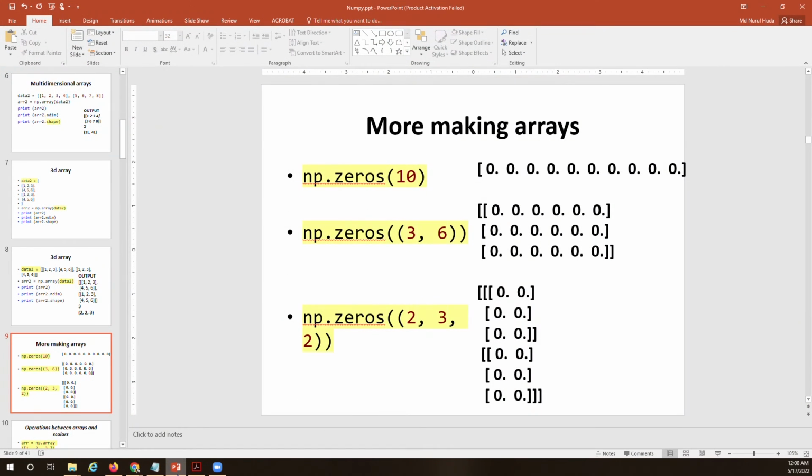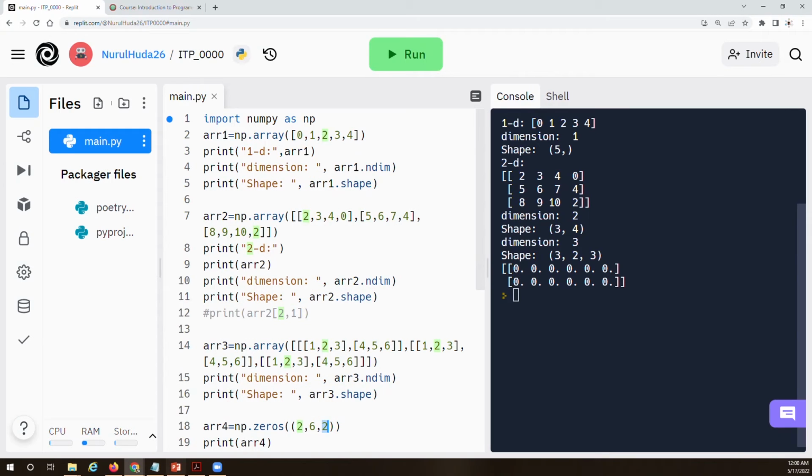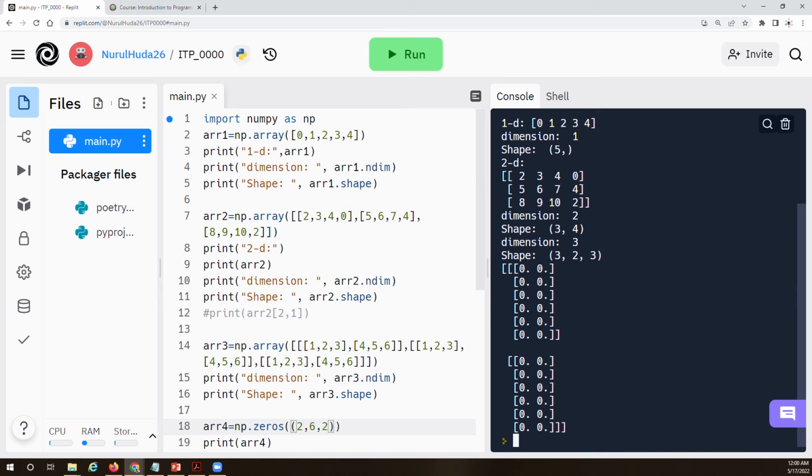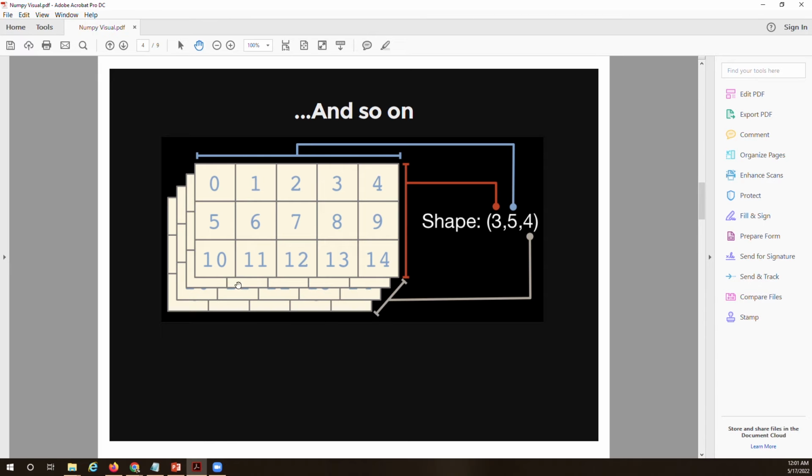So if we make a 3-dimensional array of 2 pages, each page has 6 rows and 2 columns, then you'll see 2 pages. Okay, this is page number 1, this is page number 2. You can say this is at the front according to this visual representation. This is at the front,